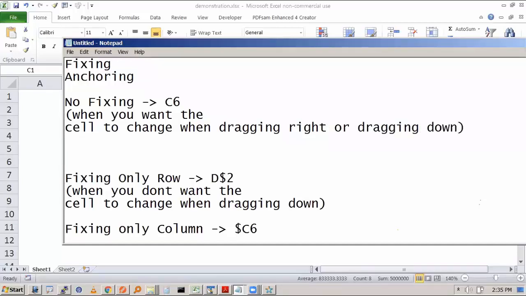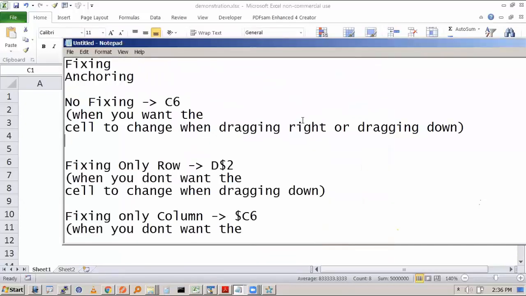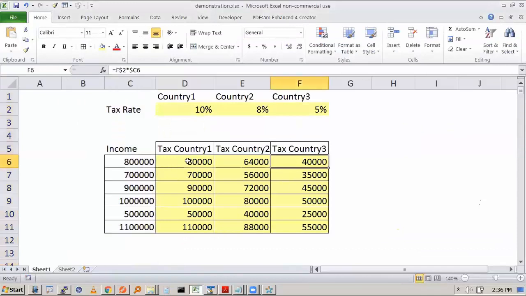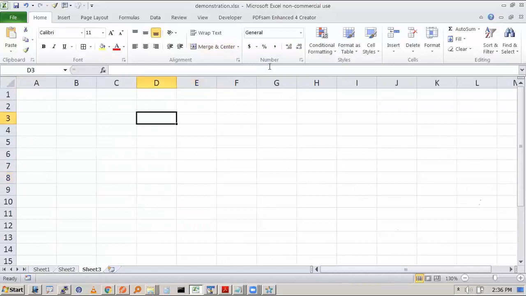So before creating any formula, you should think about what will happen when you drag right or drag down.